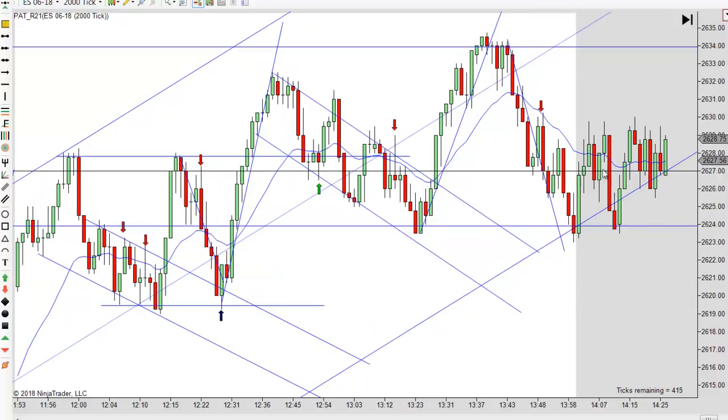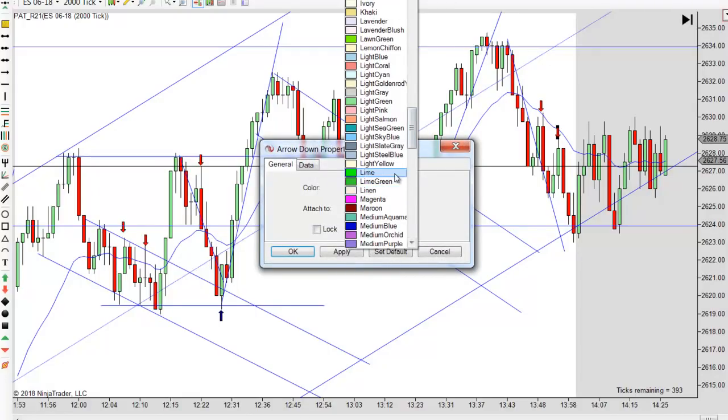And that gets you into the 2 o'clock hour. So, there's actually a failed second entry long right here. And there's still room to get out, but you've already had your close outside this trend line and a new low. So that one's a little bit suspect that late in the day. I'll give it a green one.